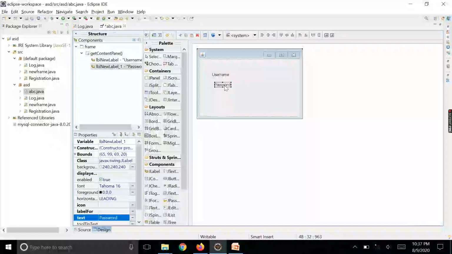So I have taken two labels, one is username and the second is password.